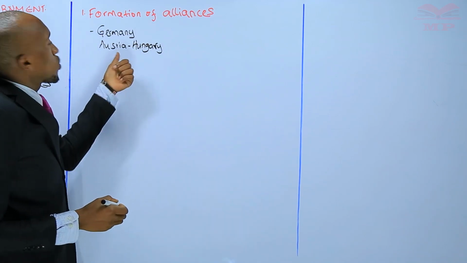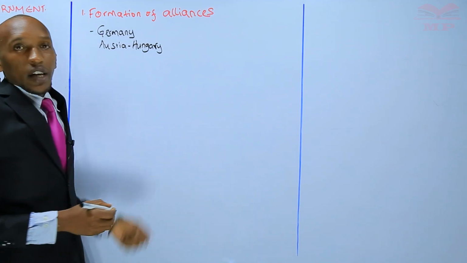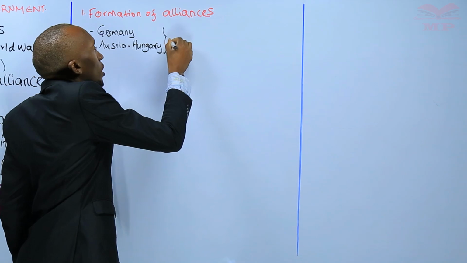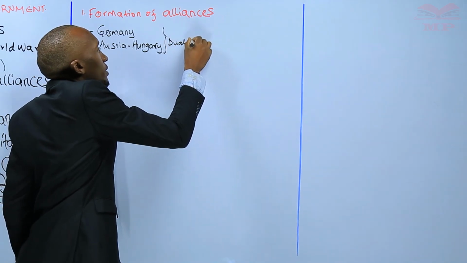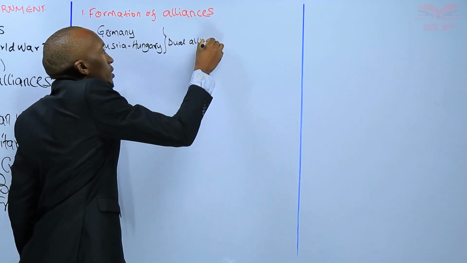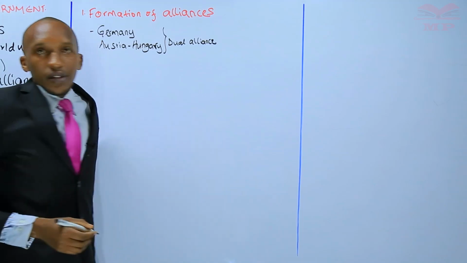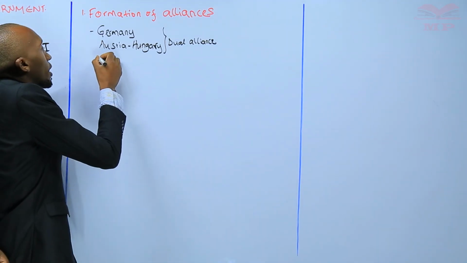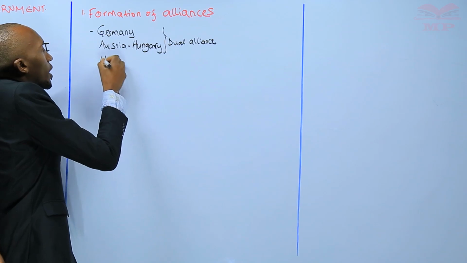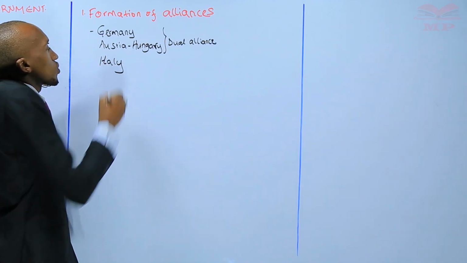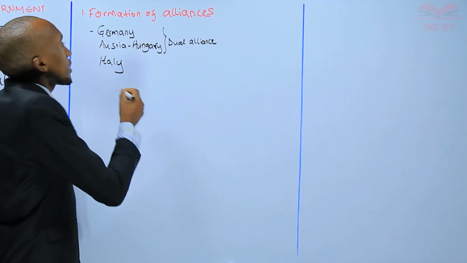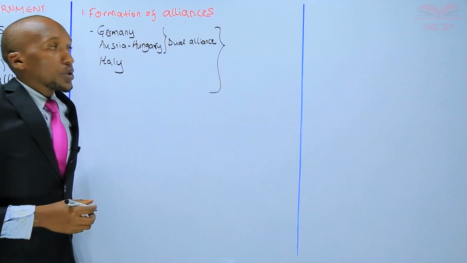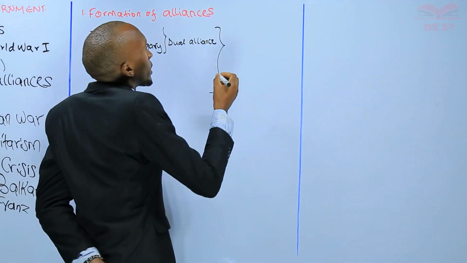Initially, these two nations came together to form what we refer to as the Dual Alliance. But later on, they were joined by another country, Italy, and then the three of them formed what we call the